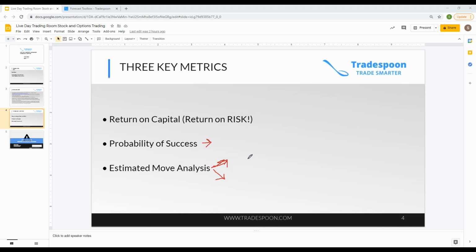If I think I'm going to get 2-to-1 up to 3-to-1 and I should be right 50% of the time, well, I better establish that as my track record. And I better see, okay, I've got a 2.44 reward to risk ratio. I've got 52% winners over the last 50 trades. Now I've quantified that my probability of success is enough. And the most important thing about probability of success, right? The probability of success is directly proportional to return on risk.